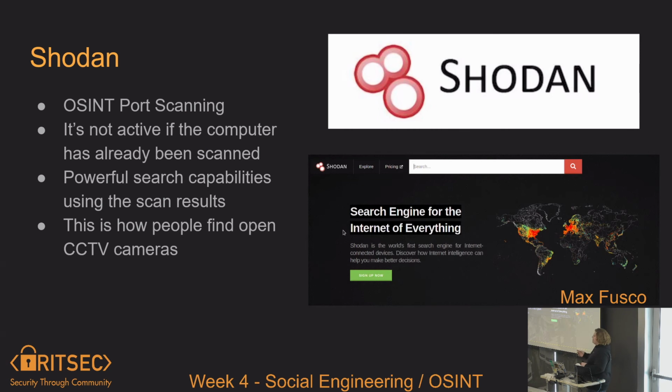If you've ever seen the thing where someone says, oh, I'm on a CCTV camera, they just go into Shodan and search for that port being open. I forget if there's OS detection, but you can even check for that. And it gives you a list of everything it can see, and I think they might even give you a preview on the website. Super cool, very sketchy, but very cool.